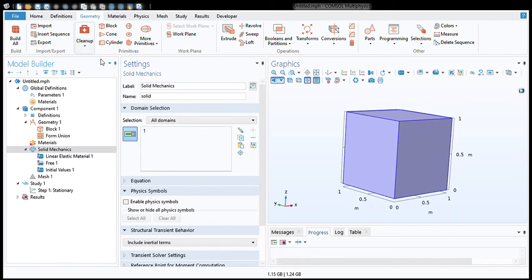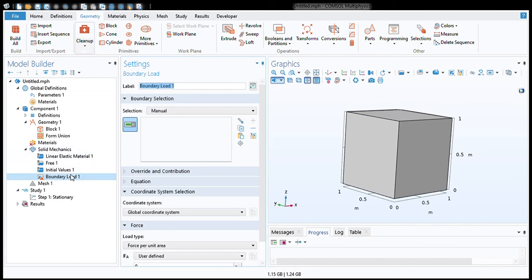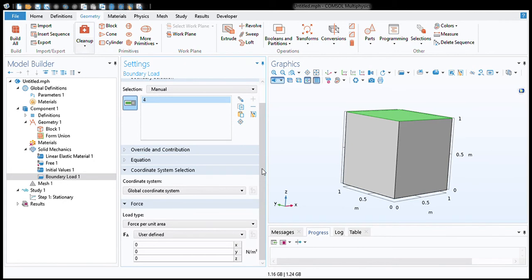For example, if you want a boundary load on the top edge of this box, select the boundary load, then select the top edge. Now you can see that the top edge is selected for the boundary load, and you have to define what load type you want, like force per unit area, total force, or pressure. Then you can define the load in the x, y, and z direction.